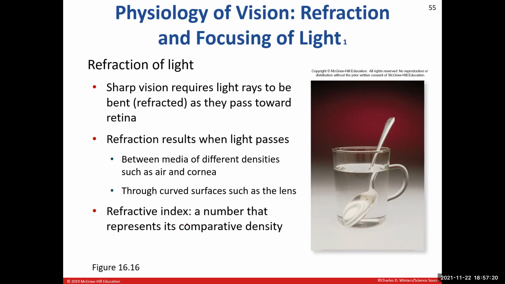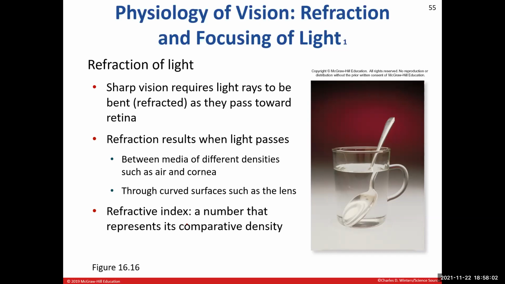Okay. So when you're looking at stuff, you're basically seeing light bounce off of these objects. When the light bounces off these objects, it's going to enter into your eye. But a couple things are going to happen while it gets there. This picture here is showing us what refraction is. Refraction is the bending of light rays. When the light is entering your eye, ideally we want to bend those light rays enough to get them to focus on the fovea centralis.